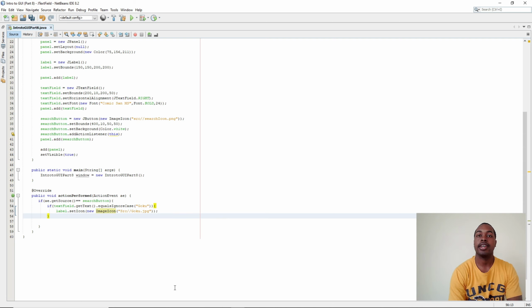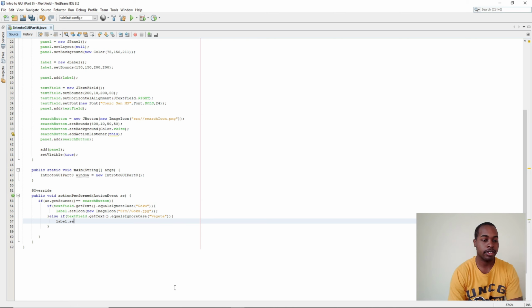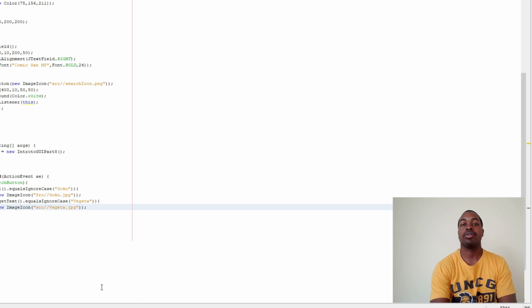Else if textField.getText equalsIgnoreCase Vegeta, we're going to set the icon of our label to new ImageIcon src Vegeta.jpg. So when we run our program again,